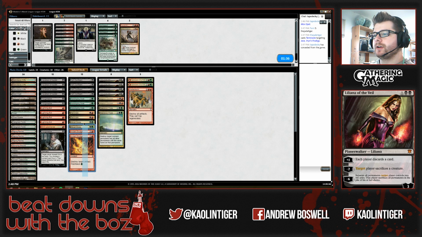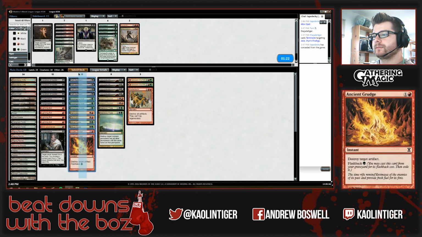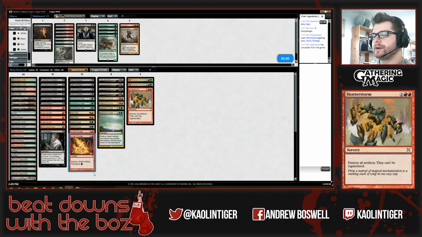Casting Ancient Grudge on all that equipment when he's just playing it as a cantrip is certainly a bad proposition. But it seems like there'd be scenarios where he would just play it anyway. Like if I tag like a Mox or something that's pretty good. It just seems like he has a lot of artifacts in his deck, so...